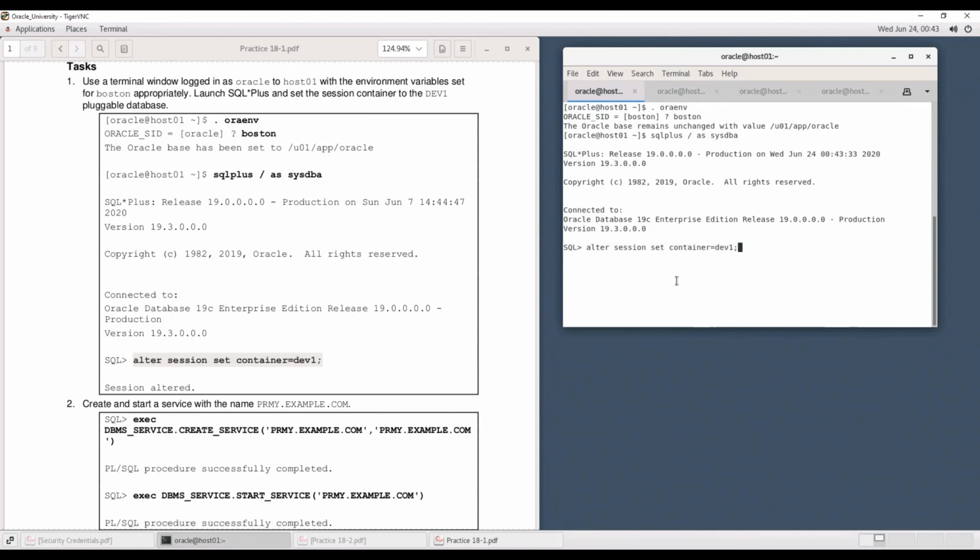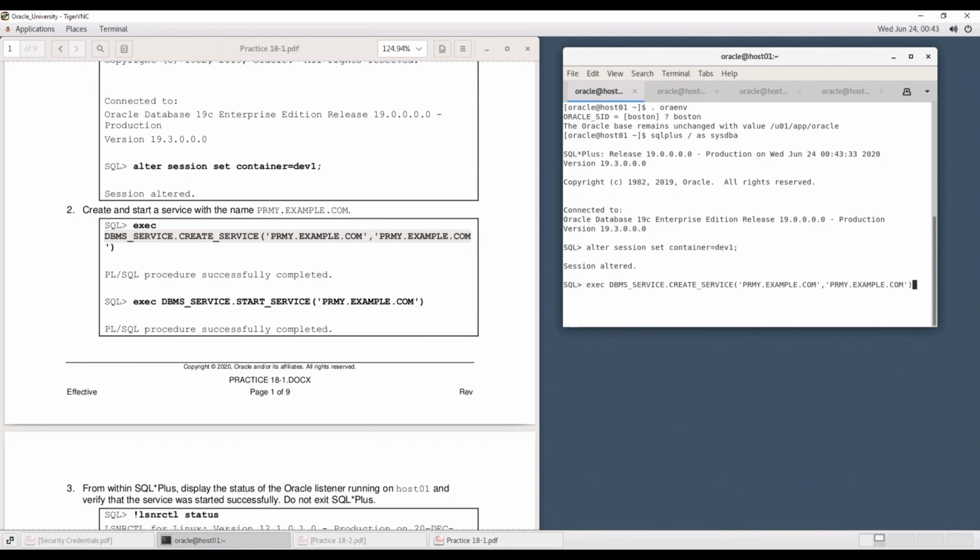In the standalone environment, you will use the DBMS_SERVICE package to create the service. And then you're going to start this service, and this service will be available in the primary database